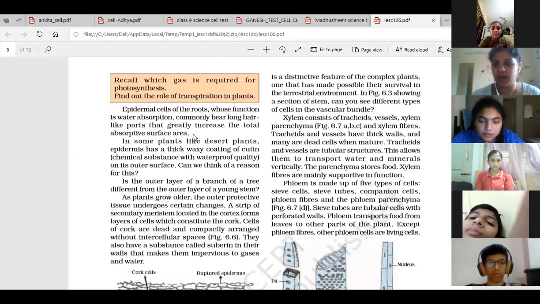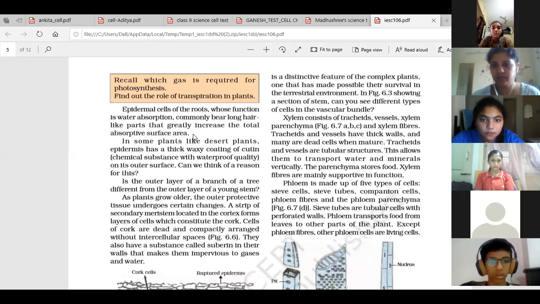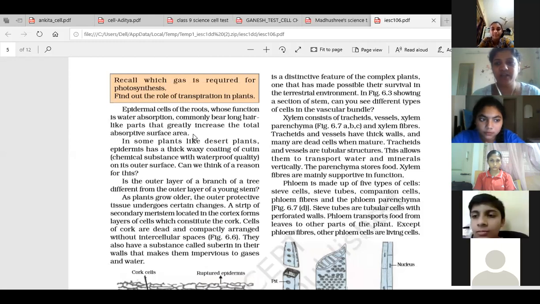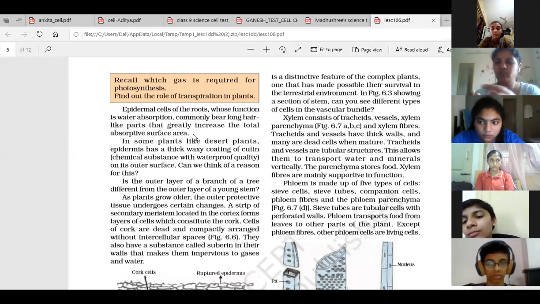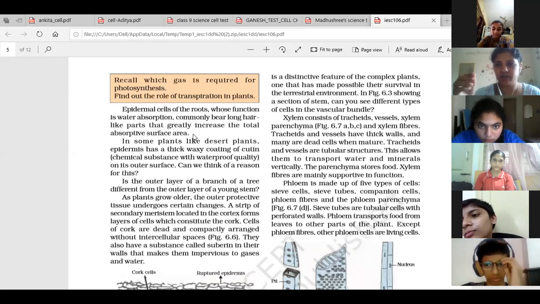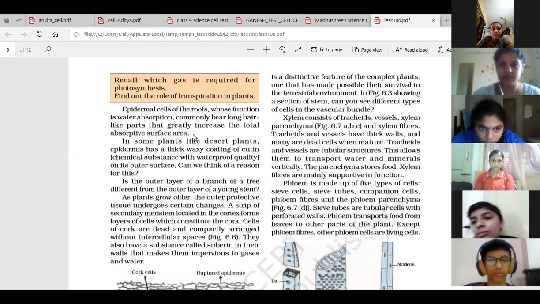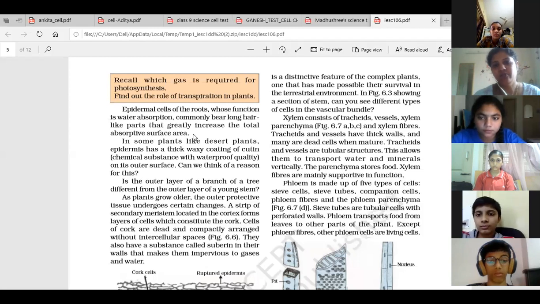So from every part, the water is coming in. Is that clear? It is not coming from only one end. If this is a hair, every part has holes and water is absorbed from all parts of the root. It is not only through the tip of the root. From every part there are many holes, and through those holes the water will enter. If you increase the length of the epidermis, there will be more holes, which helps in increasing water absorption.